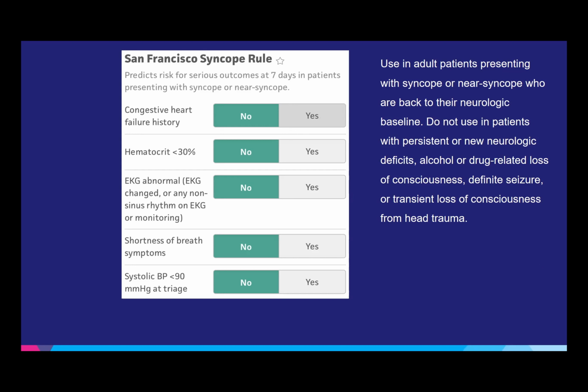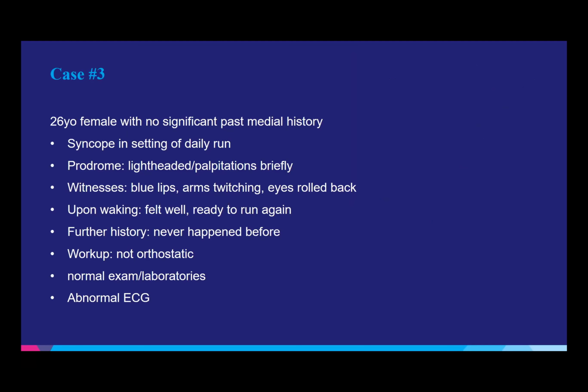For me, I try to do this little scoring for myself to say, are they going to be okay? Should I really push hard for them to get this loop before they leave, right? Like that patient, June, who'd broken her orbit. I was like, does she really need this loop inpatient? When I was doing her San Francisco syncope rule in my head, I was like, nope, she does not, right? She did not. Anyway, so let's do case 3.